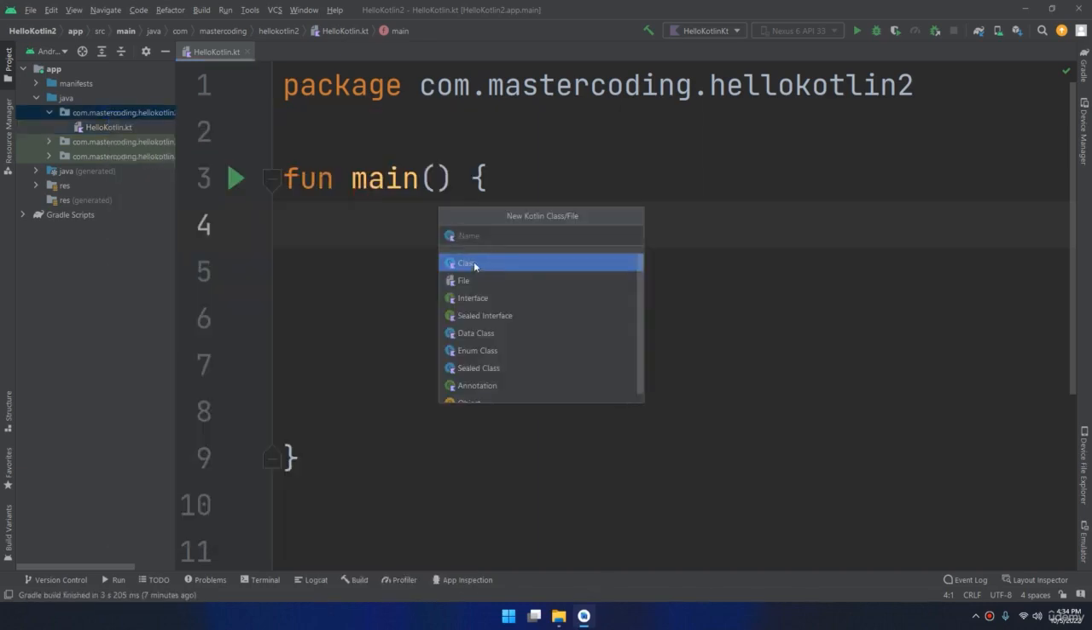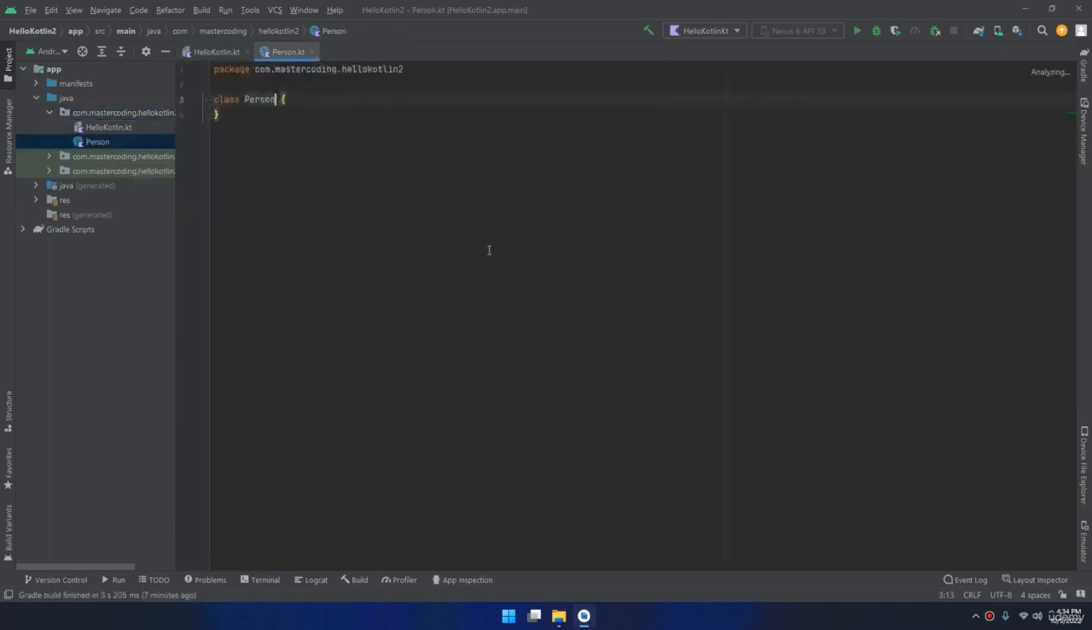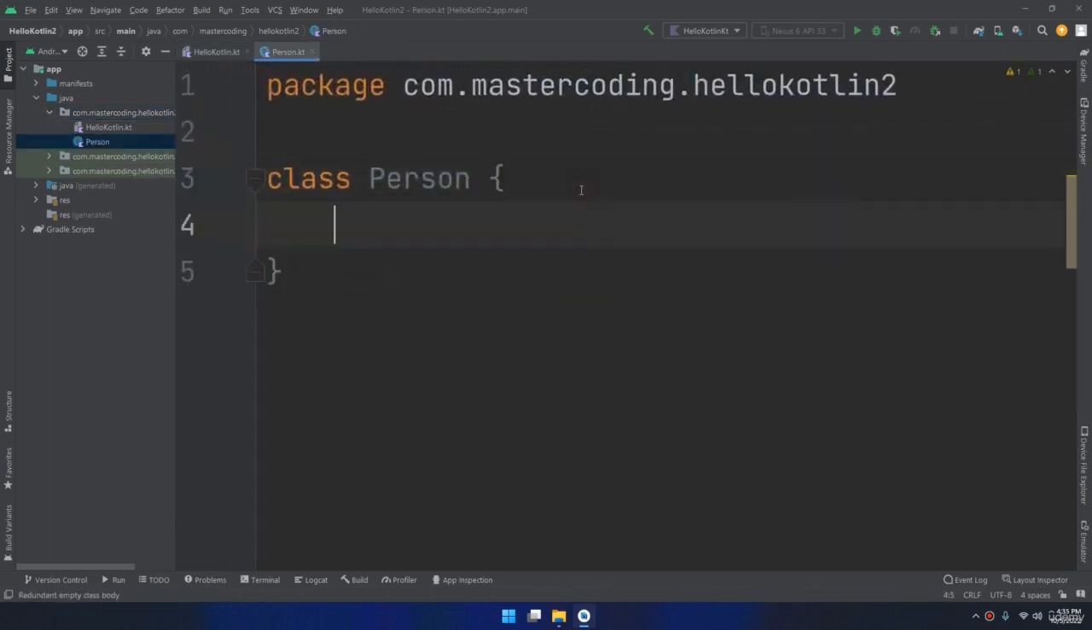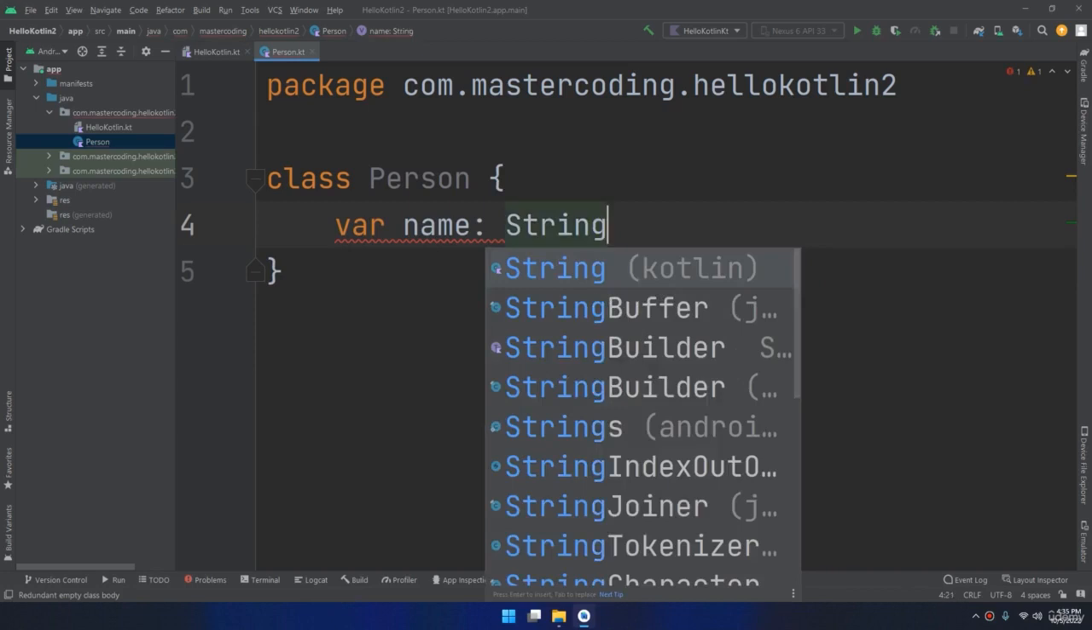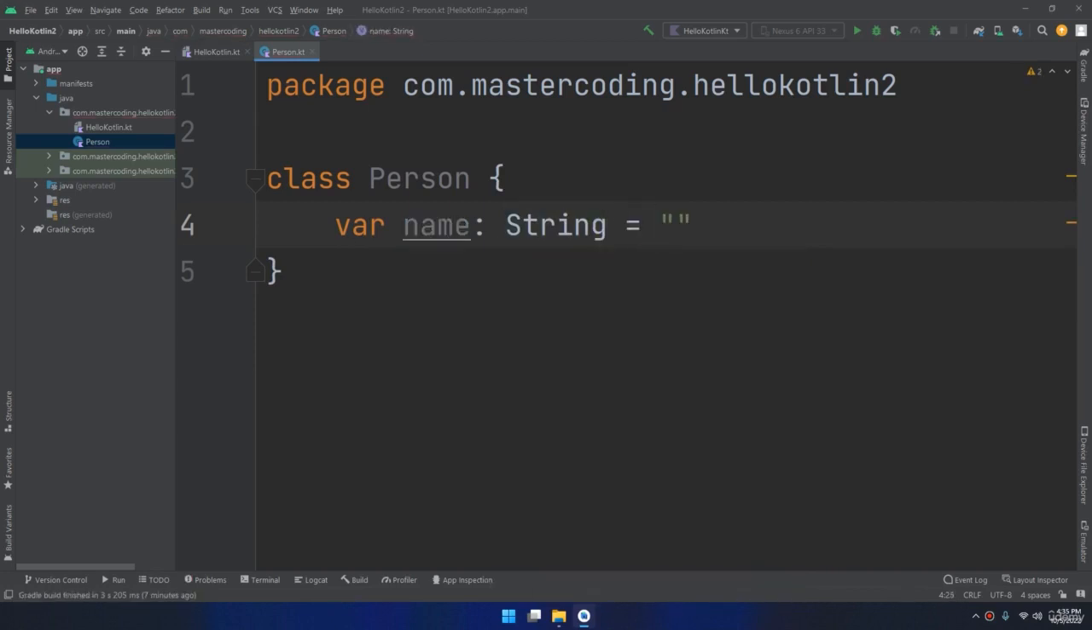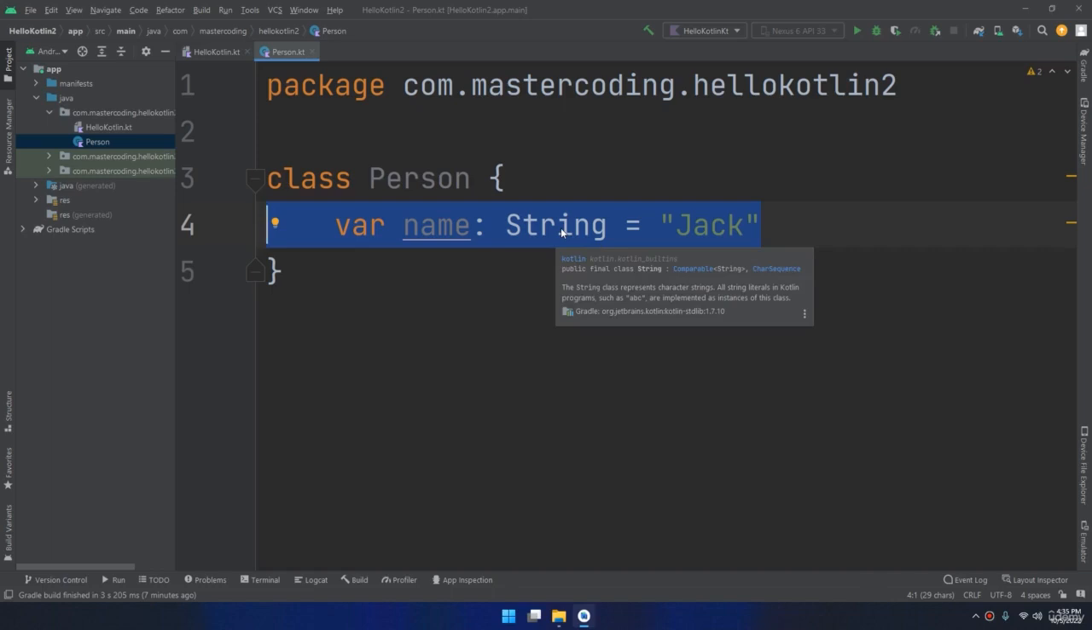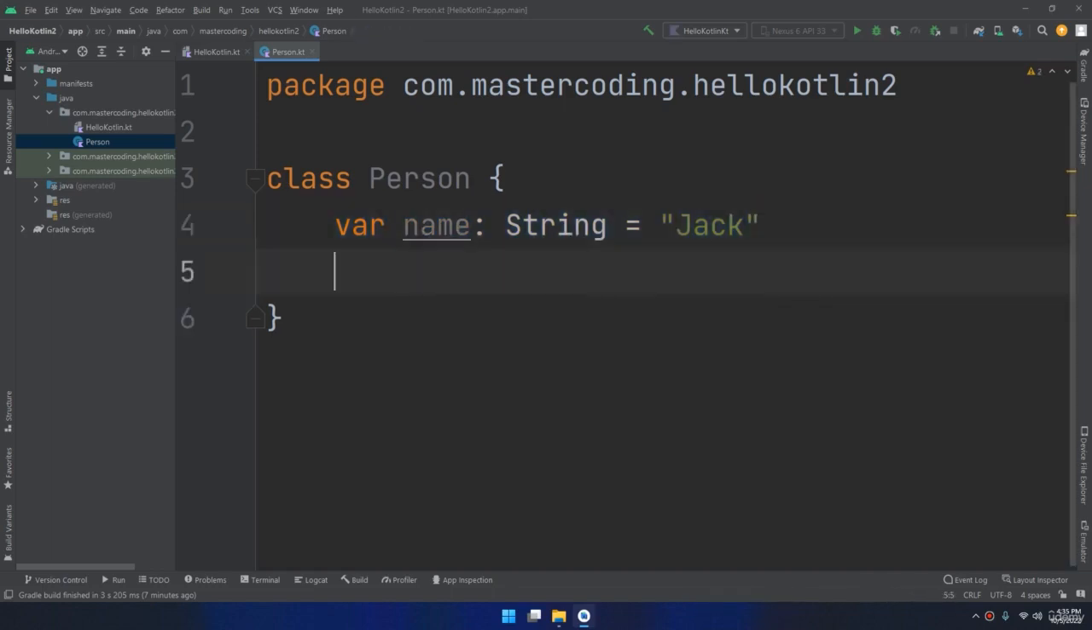If I create a new Kotlin class here, I will name it person. Inside this class person, I will create a var name of type string equal to Jack, for example. It's equivalent to this writing. So if I write like this, please guys, write this very important note in your copybook in order to memorize it fast later on. It's equivalent to,